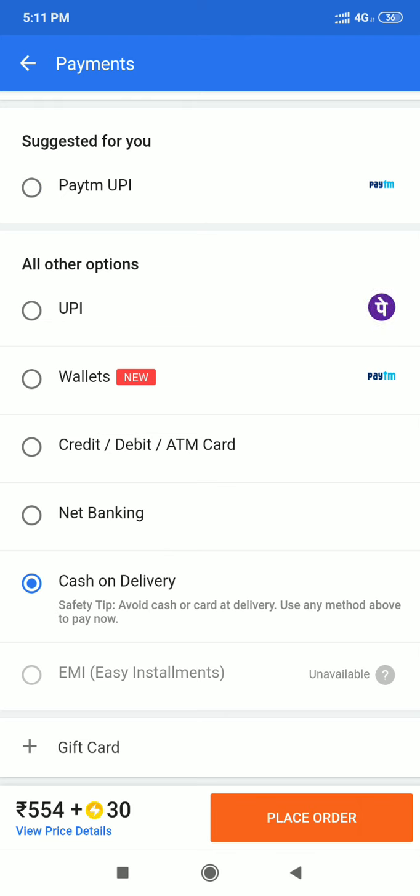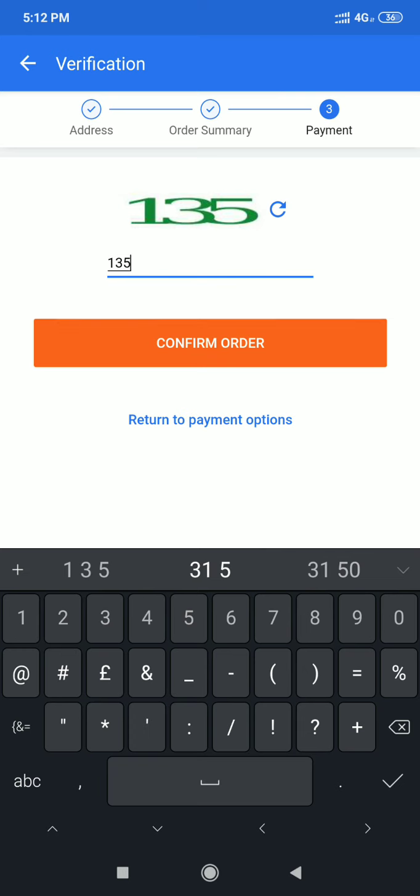You have to type the same number which is given here. Here 135 is given, so we will type here 1, 3 and 5. But which number will be given to you, you have to type only that number which is given here.